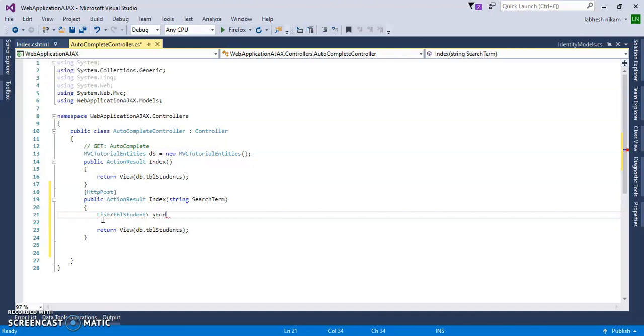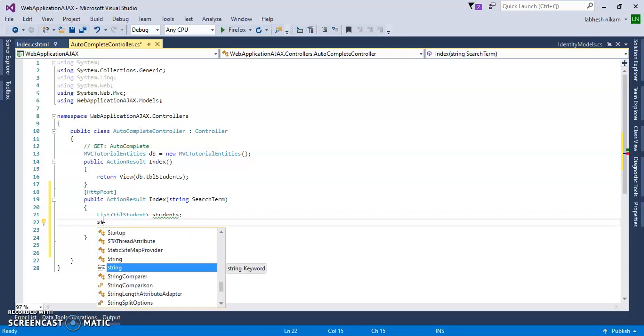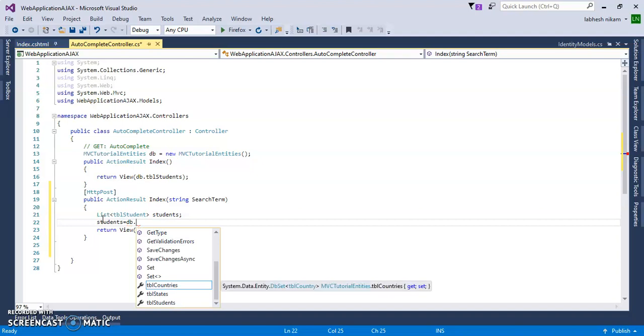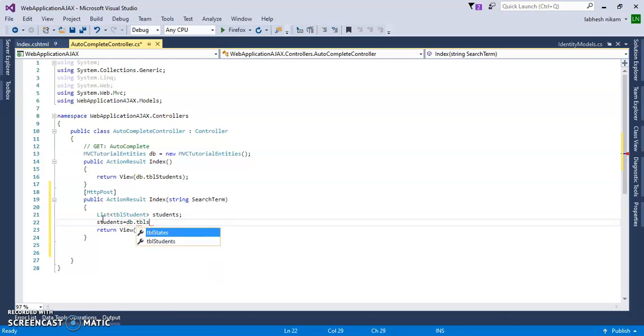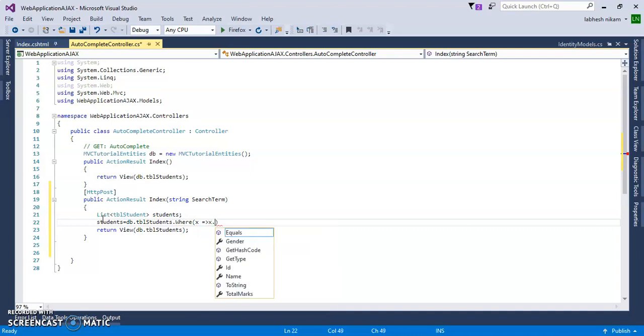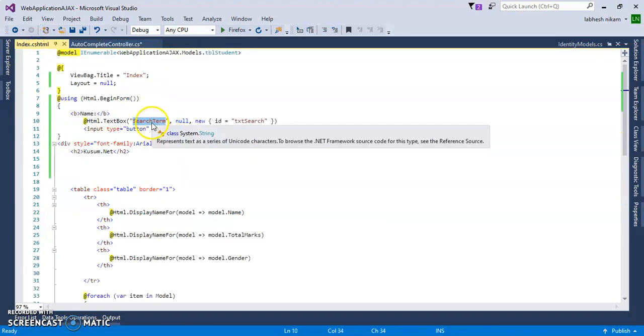Suppose it is students, and I want to use this equal to db.tbl students.where x such that x.name.startswith the search term.